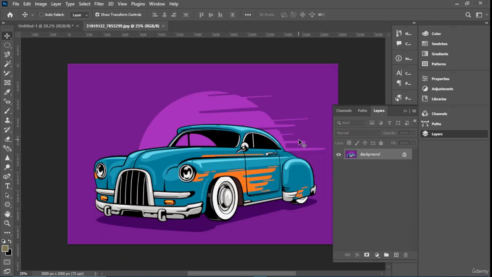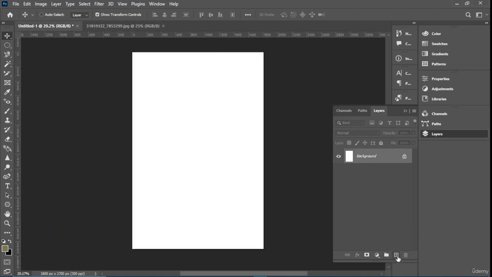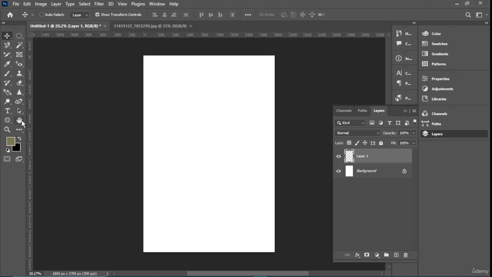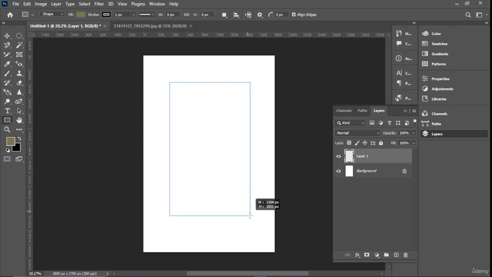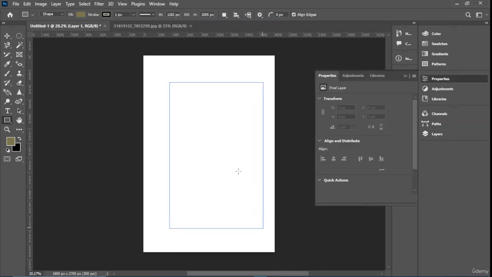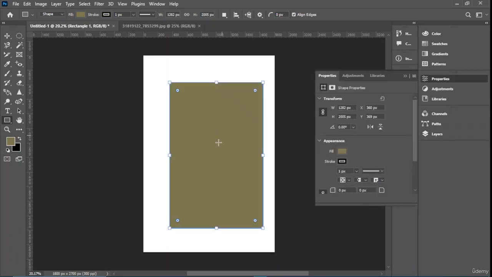So the next thing we're going to do is copy this part or select this part, which part we are going to need. So I'm going to take this part only, but you can also start off with the background. Let's say I'm going to make a square shape. Right click on it. I'm going to use the rectangle tool to make the border for the design. This is going to be the border of the design. I'm going to keep it over here so that I can put all of the design on this